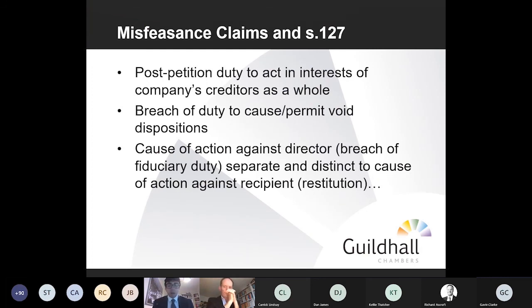In cases where you have joint and several liability, there are two causes of action because there's several claims, but you can't have double recovery. And so there's a line of authority that says if you have a claim against A and a claim against B, and you settle with A, and the amount you recover from A is intended to be the full measure of your loss, even though it's not the full amount of your loss, then you can no longer sue B because that would be double recovery.